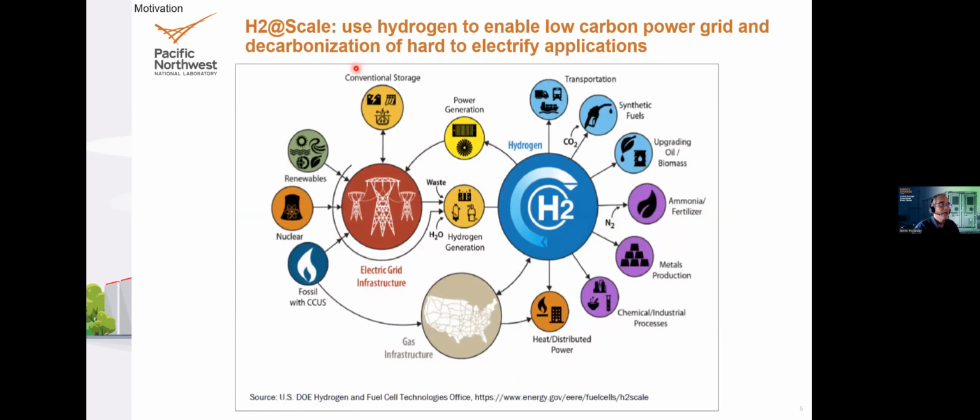And so the Hydrogen and Fuel Cell Office has this vision. It's called H2 at Scale. And it's where we want to use hydrogen to enable a low carbon power grid and to decarbonize different areas of our society. And specifically, it's focused on areas that are hard to electrify. And so you have here the hydrogen connected with the grid as a way to enable these different areas